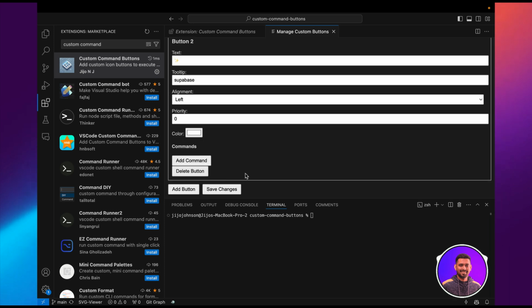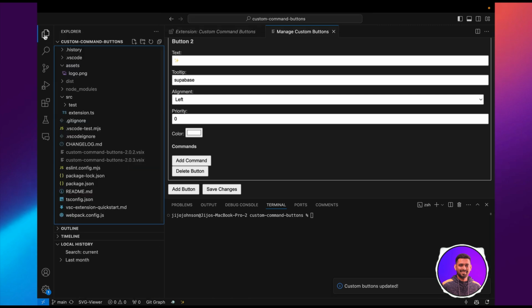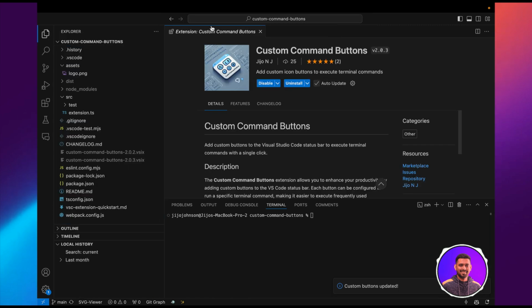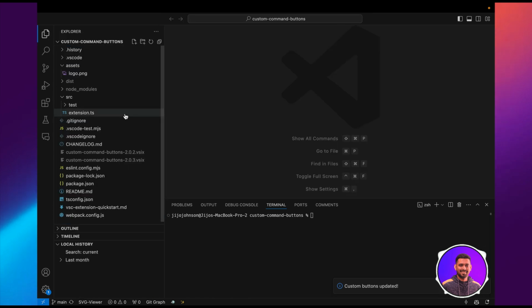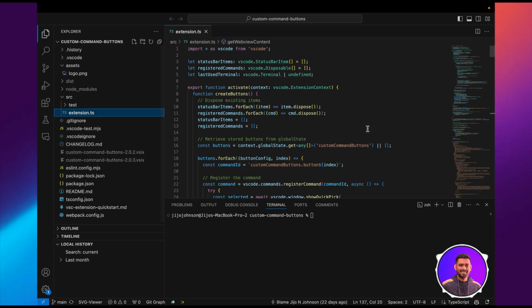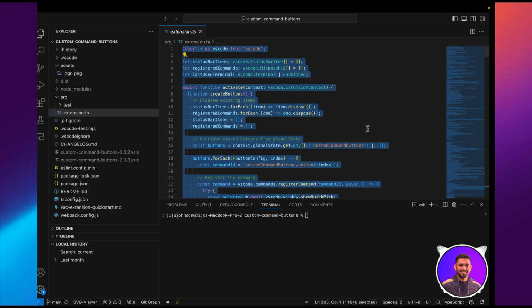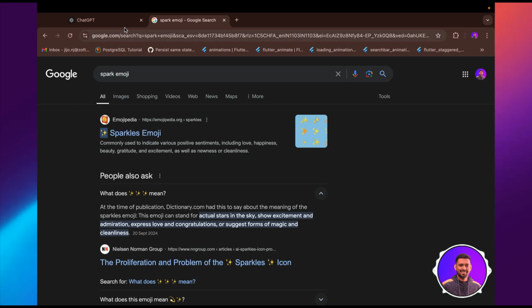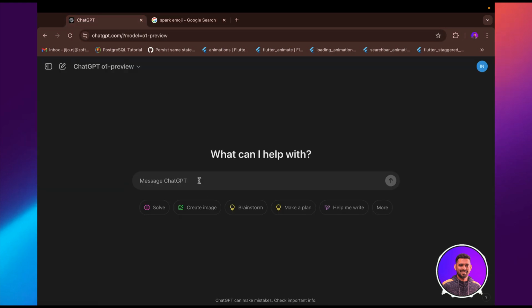Alright, I'll just delete the command and I'll just save. You can see here the command button has come up here, right over here. Alright, so what I'm going to do now is I'm going to create that functionality using ChatGPT o1 preview. So this is my source code. All I gotta do is copy that source code over here and go to ChatGPT and say